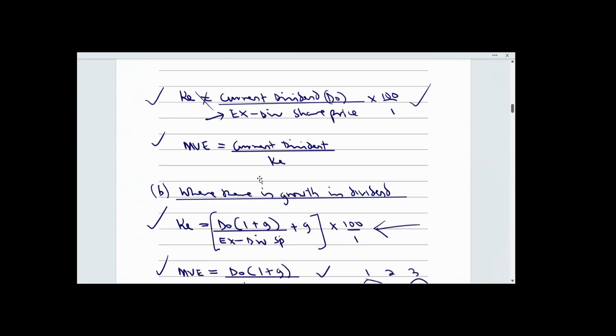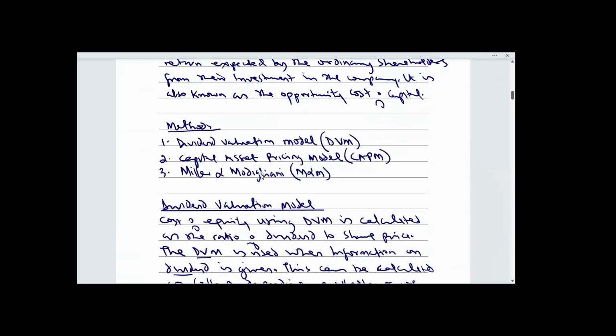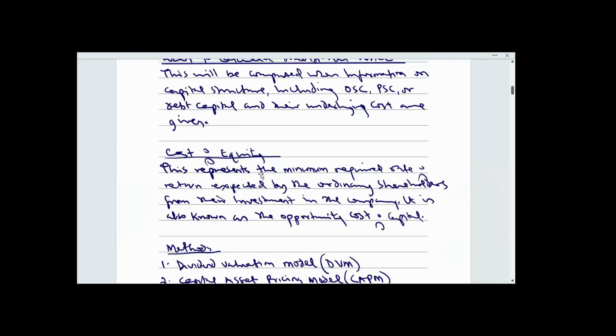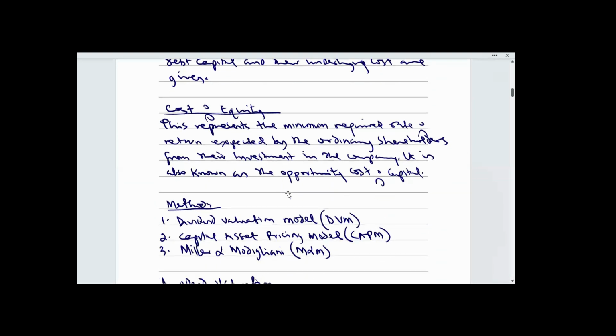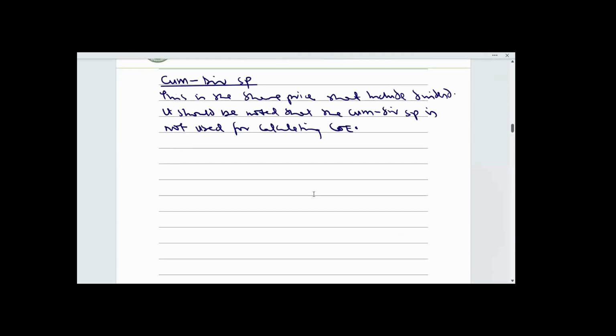The last area we are going to touch under cost of equity is growth rate. Estimating growth rate. How do you calculate growth rates? It's a concept. So after this, we have an illustration. Once I'm done with explaining this, we are going to stop the class for today. So in our next class, we have short examples. All right. Then we move to cost of preference share.